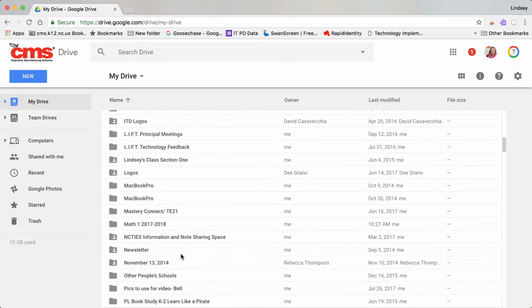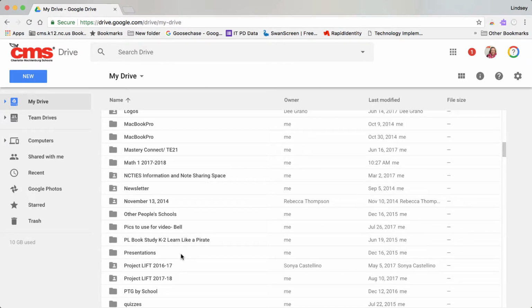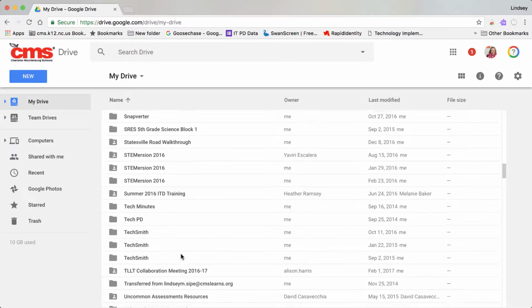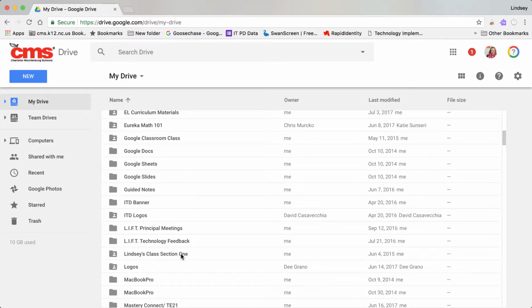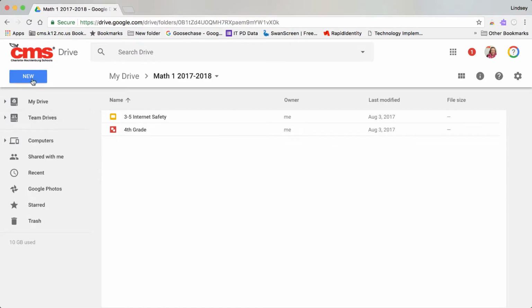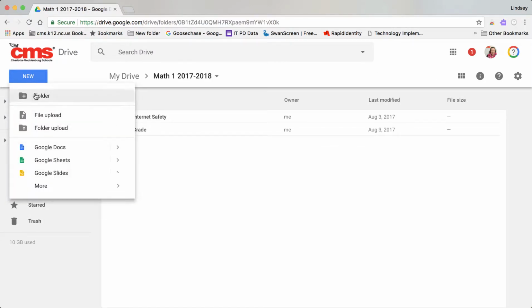Best case scenario is that you actually start creating the documents in your folder so you don't have to move it afterwards, and then it will really just become a habit. So let me show you how to do that. So I'm going to open my Math 1 folder. Let's say we're working on a presentation for our Math 1 class. So I'm going to click New Google Slide,